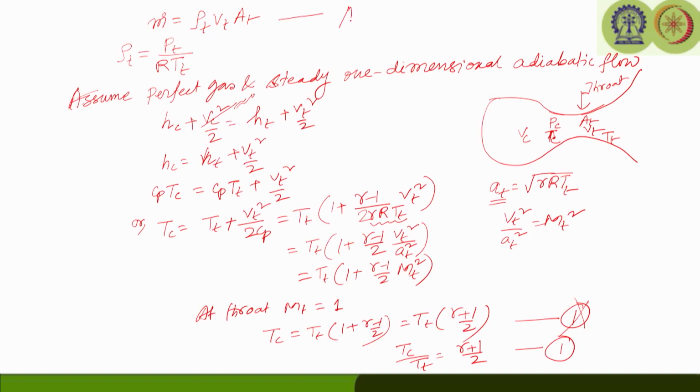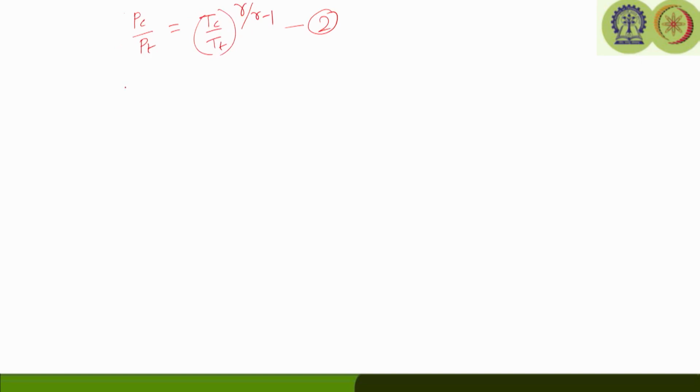So, let us consider this equation as A. So, we just put the value of this T c by T t, the density equation, let us say this is B, and we have 1 and 2. So, we can consider all, and we can put in the equation of mass flow rate, and we can write down the mass flow rate as,